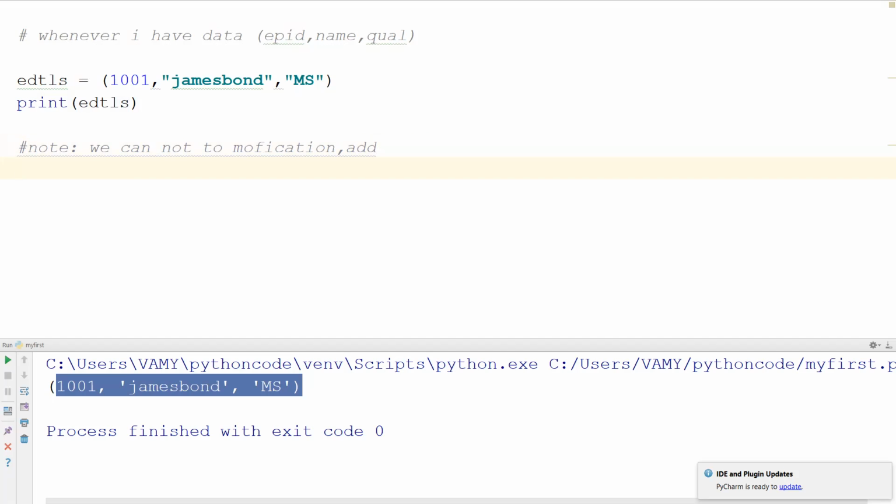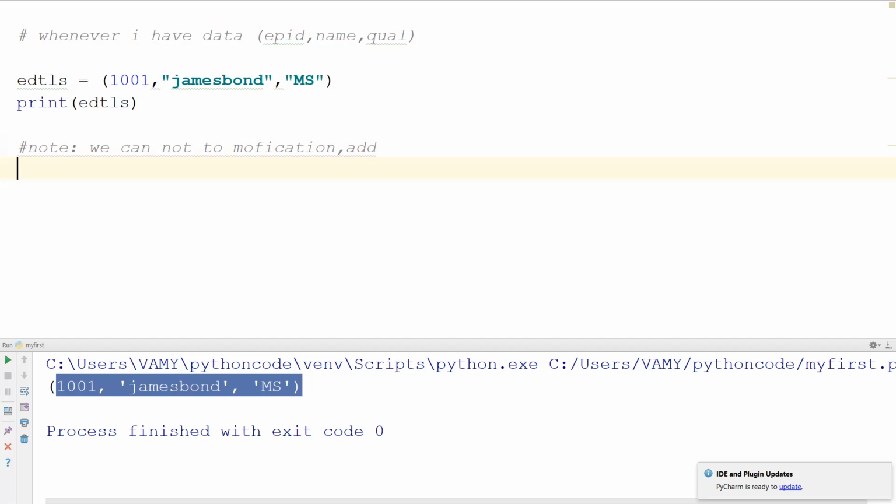Like a list, where we have operations on how to modify, change and delete, and how to concatenate one list to another, here we do not have any operations, only defining. And when I have data with different columns stored in a single variable, we use the tuple.